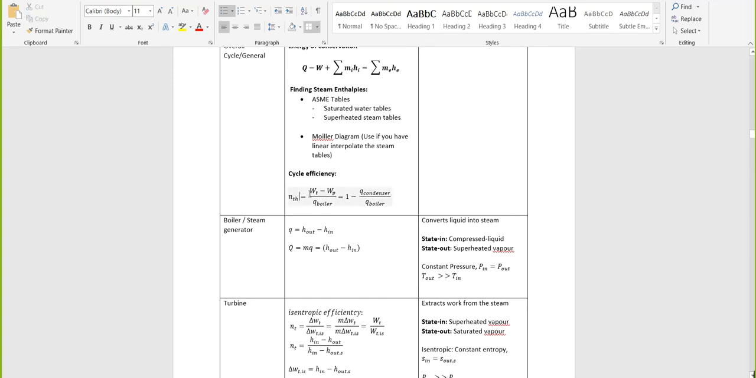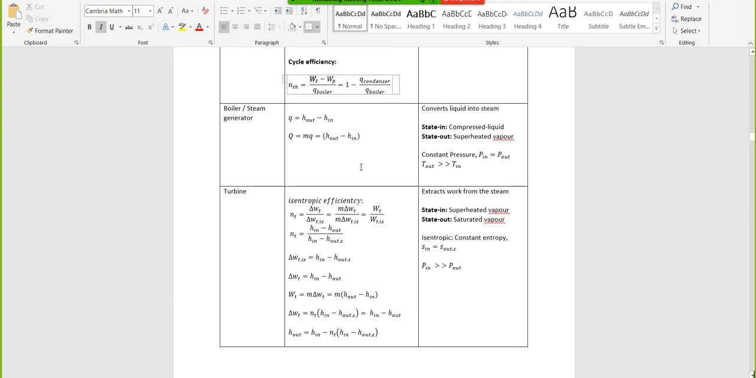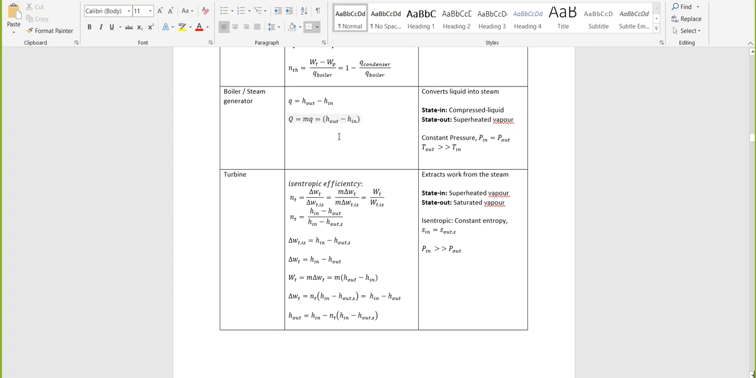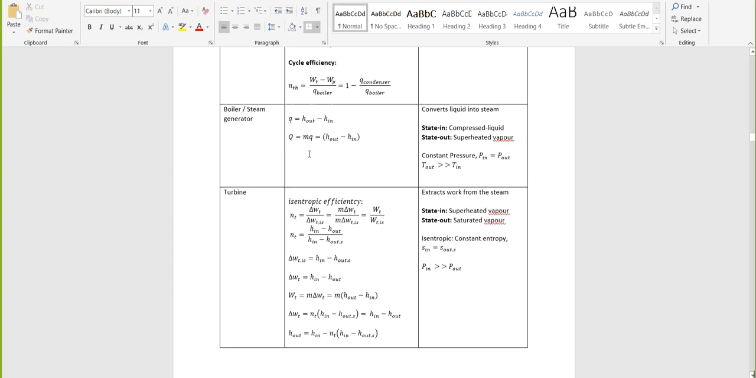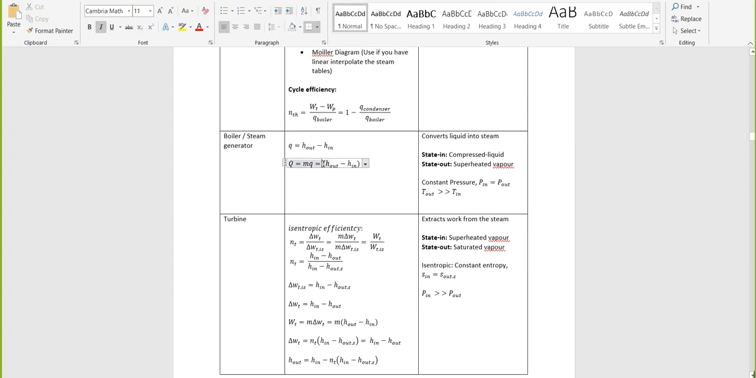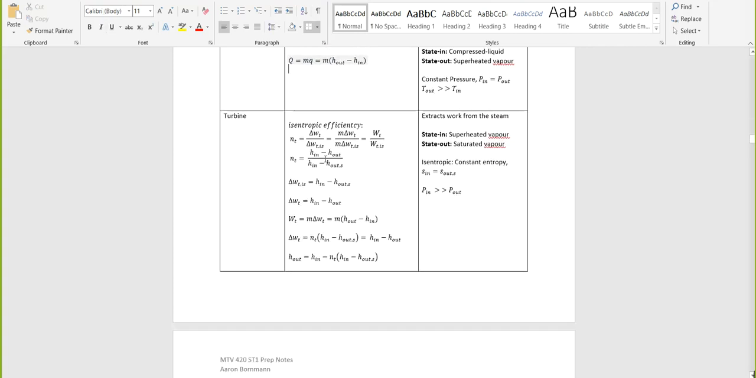And then you also got cycle efficiency, which is your turbine work minus the pump work. And now this is just basically the formulas that you need to know, your formulas for your boiler. It's also known as a steam generator. This is supposed to be M here. This is your boiler, steam generator. This is your turbine